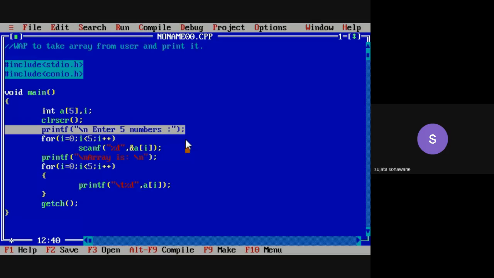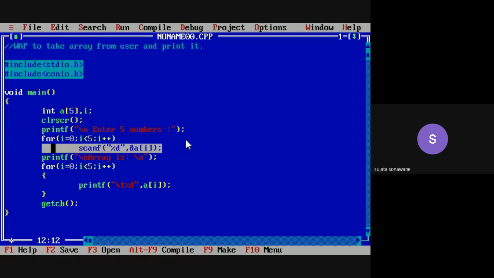So we have to take 5 values from the user. Okay, so after scanf is written, that is %d, and with %d we have written &a[i].